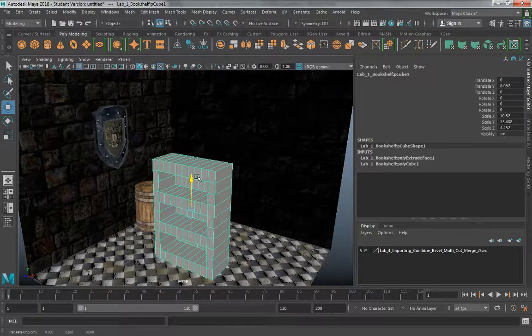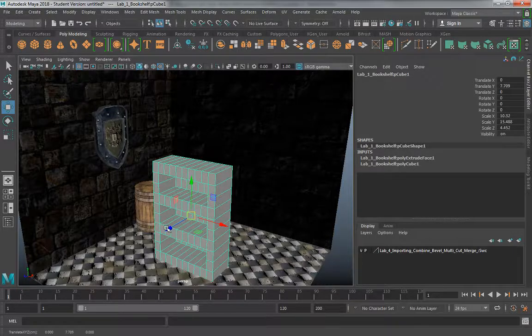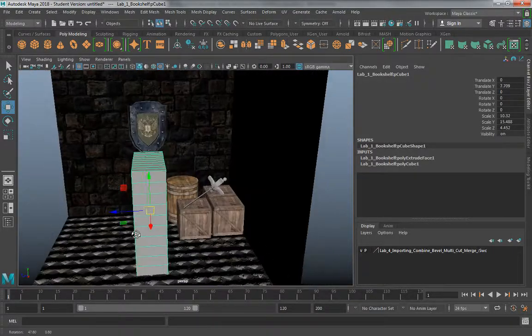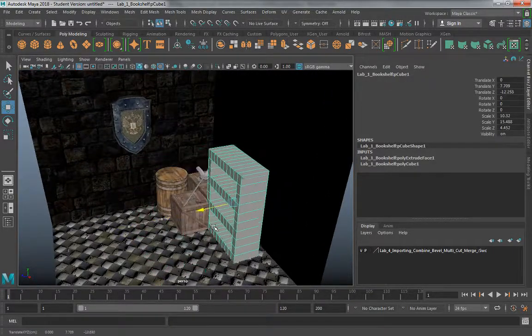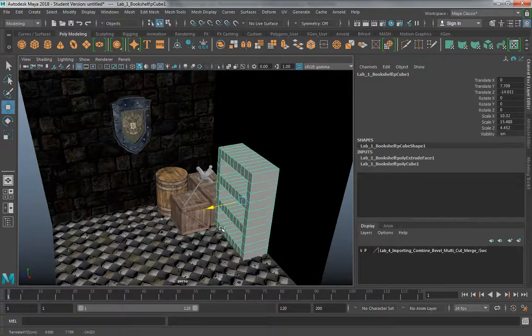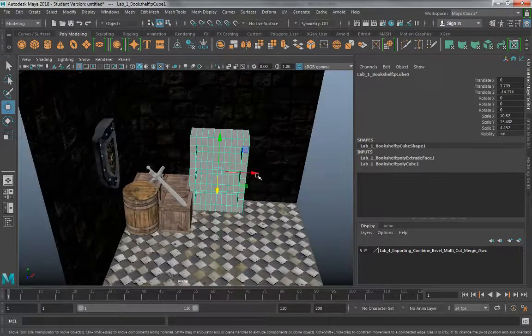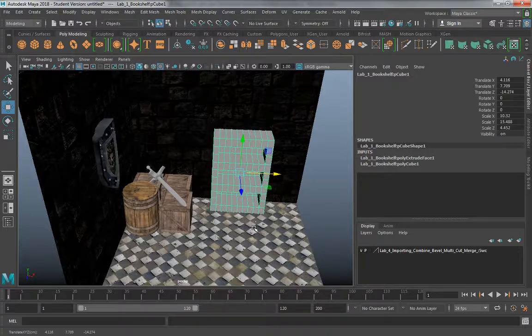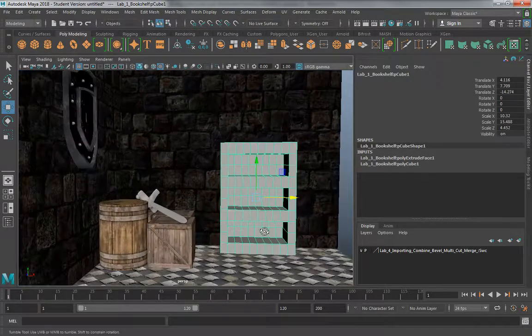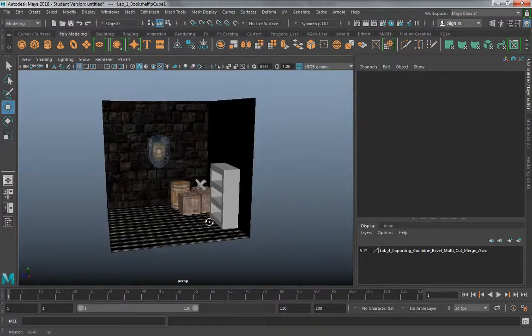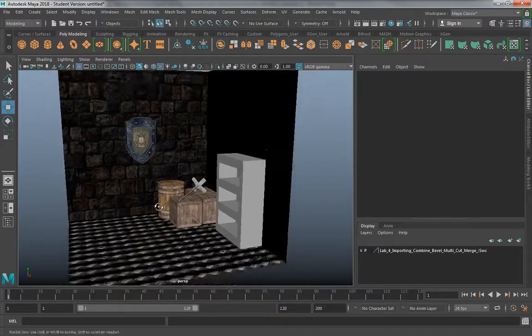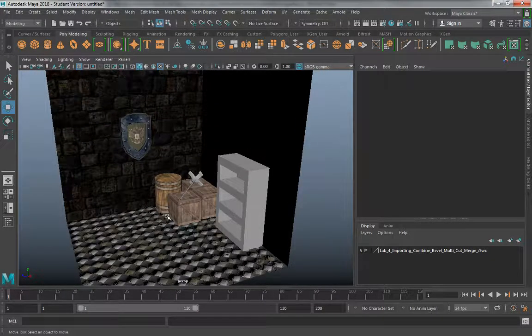And you can make modifications to the bookshelf if you would like to. All right. And now I will also